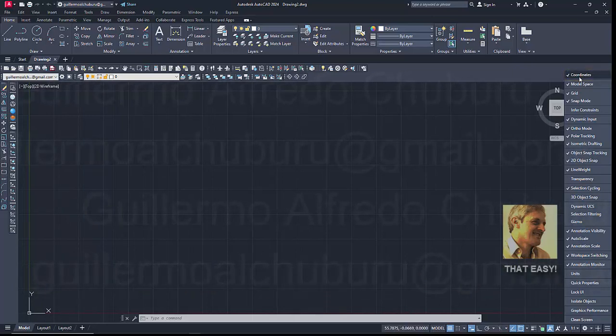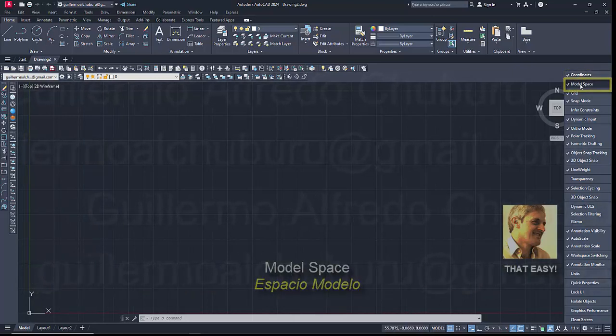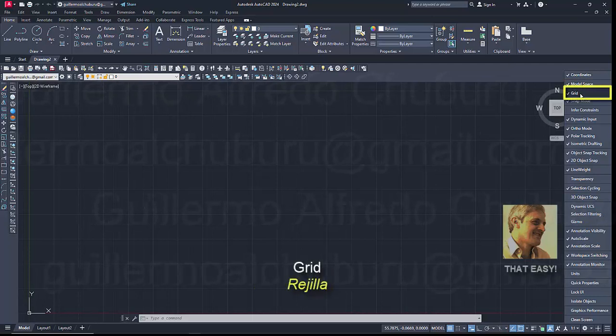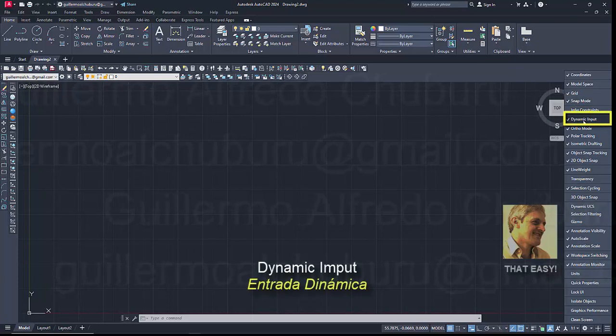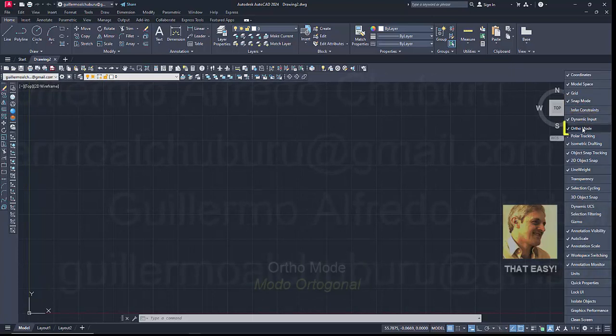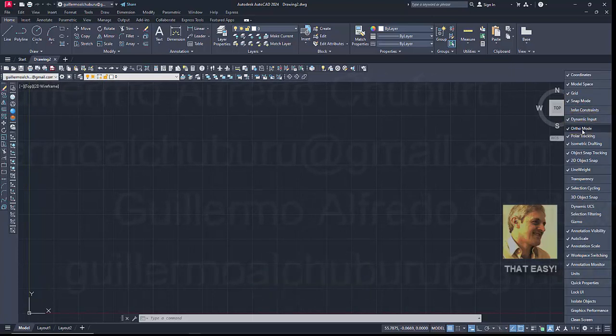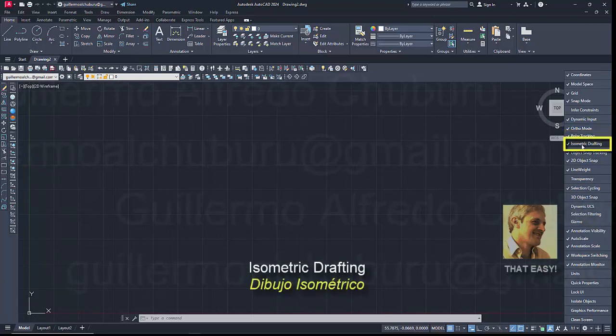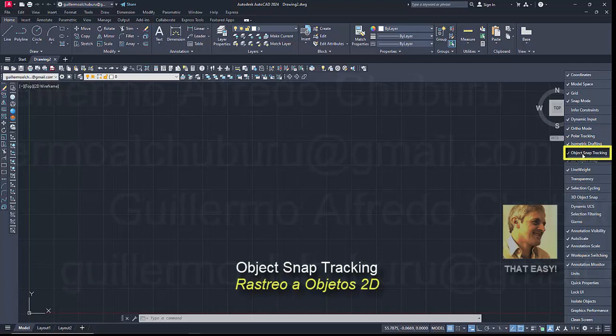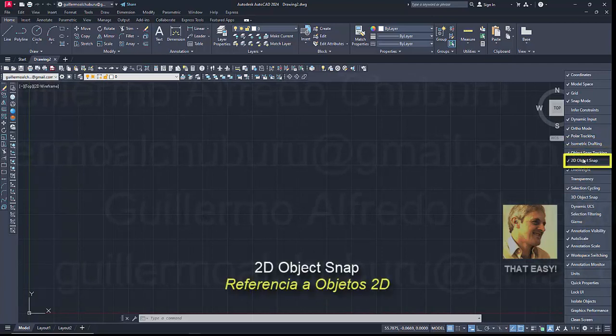Coordinates, Model Space, Grid, Snap Mode, Dynamic Input, Ortho Mode, Polar Tracking, Isometric Drafting, Object Snap Tracking, 2D Object Snap,